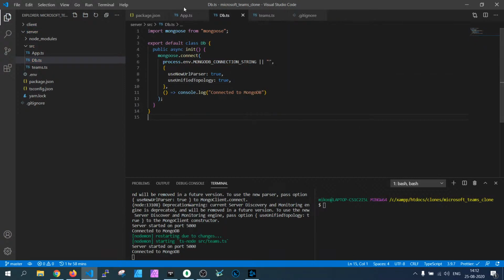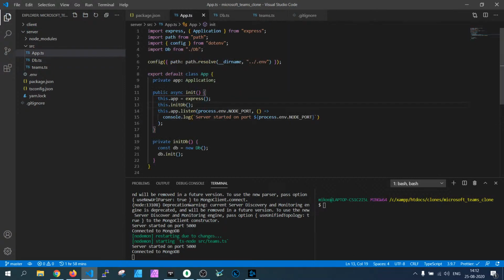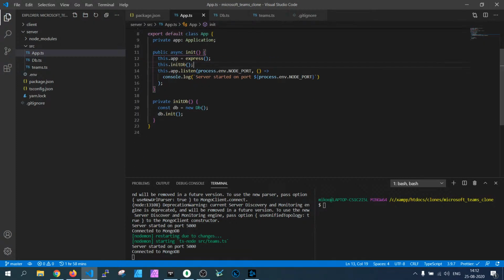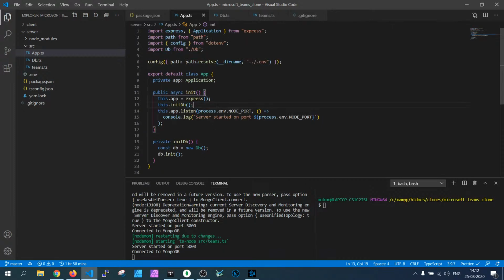And now we're connected. So now we will need to say, okay, so we're connected to the database and to the Socket.io server. So now we will need to say